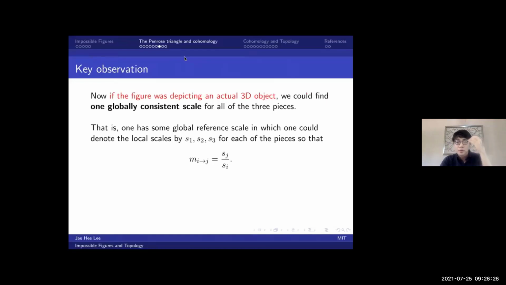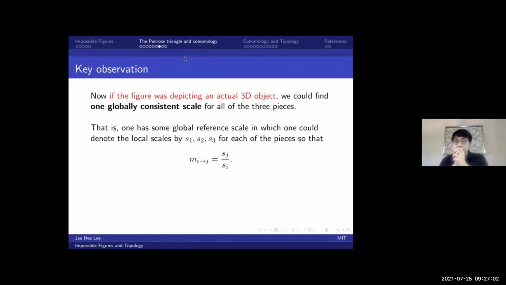So we can now associate certain positive real numbers to each of these local scales as well, in reference to some global scale. And indeed, if you have these local scales in terms of one global scale, so if you have 3 real numbers, S1, S2, S3, in which your distance to each local piece is represented by these real numbers, then the scaling factor now has this easy form, which just becomes a ratio of the global scale,